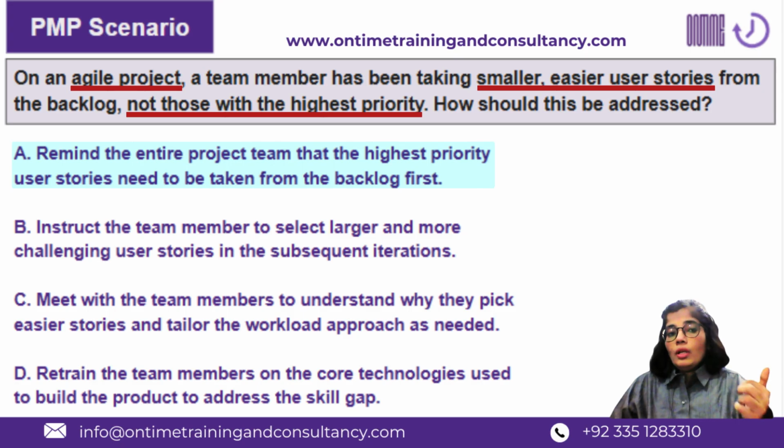In this option, you are being authoritative, you are being enforcing, you are not understanding the situation or the problematic aspect of this use case. You are just enforcing yourself on the team that this is how it should be and this is what the expectation is, which is right in a way, but it's not fully right